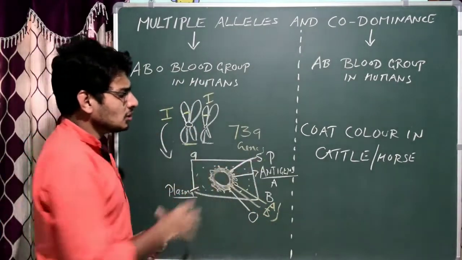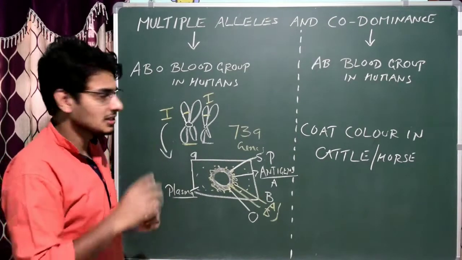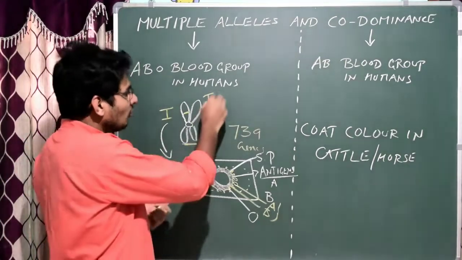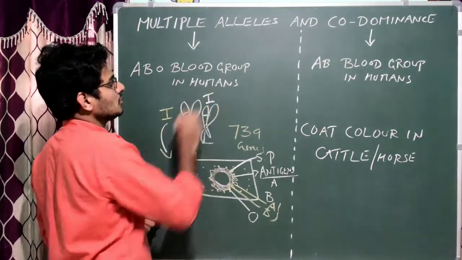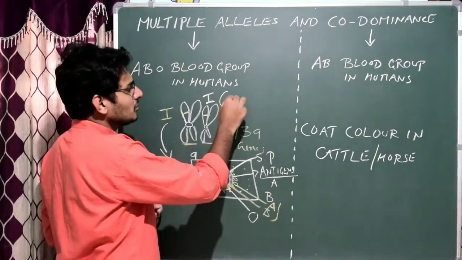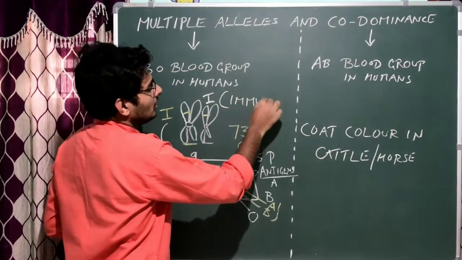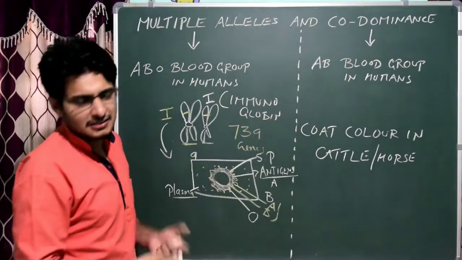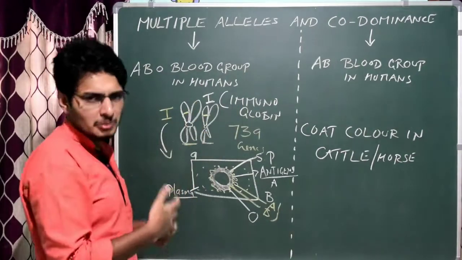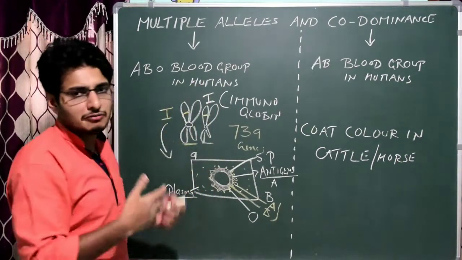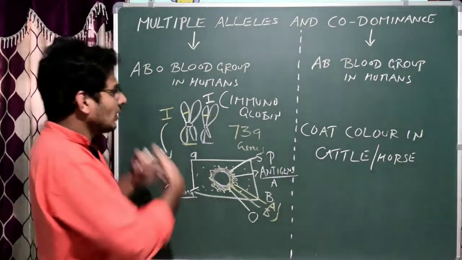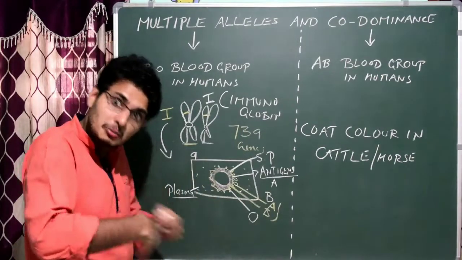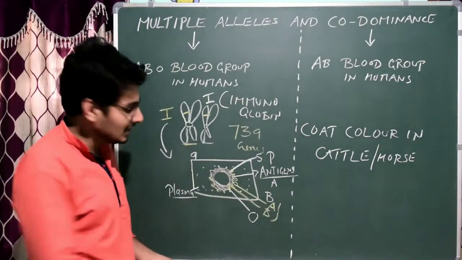Whatever it is, for the production of antigens on the surface of the RBC, what is required is gene I. What exactly is I here? We use the alphabet I here, which means immunoglobulin. Instead of saying immunoglobulin, we say I. It produces a type of immunoglobulin that is nothing but protein. So we call it gene I. What kind of proteins? The surface antigens. It could be A, it could be B, or it could be both AB, or it could be nothing. That is the O blood group.